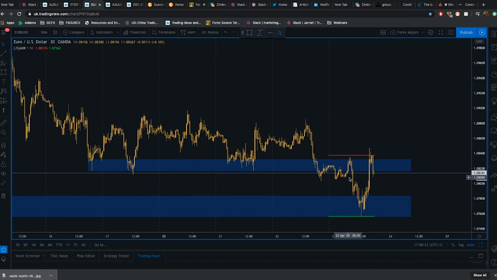And the question is, say we'd entered this trade here at 1.0817, where would we have put our stop loss? Now, the logical place for the stop loss would have just been running above some of these highs here as an emergency stop loss, just above the 1.09. So that would be around 100 pips. That should equate to roughly 1% of your account if you're trading without leverage.